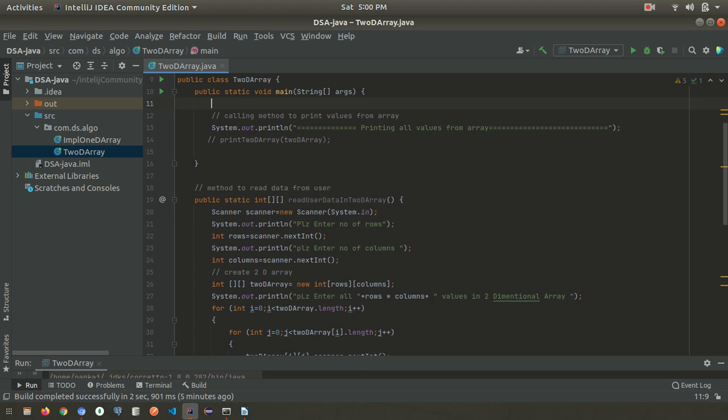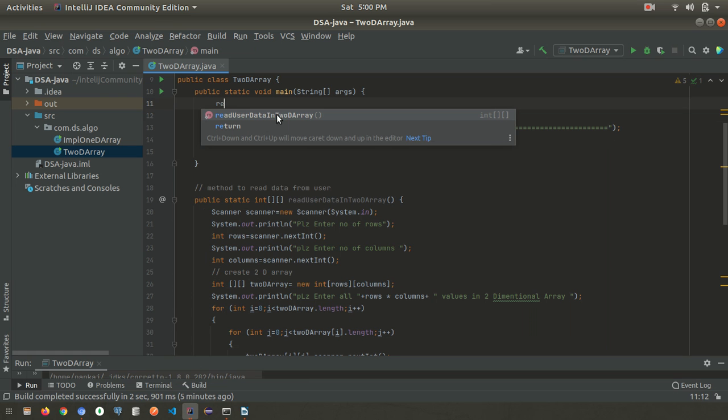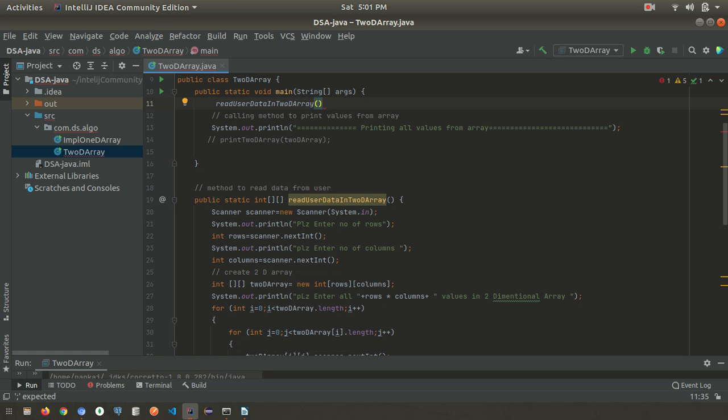So inside the main method we can call this method. So this method name is read user data from two-dimensional array, and it will return a two-dimensional array.